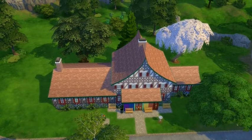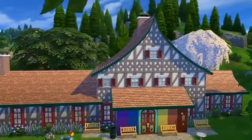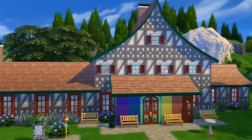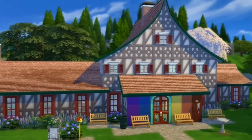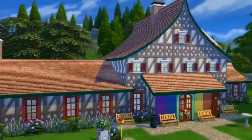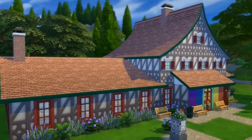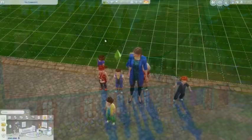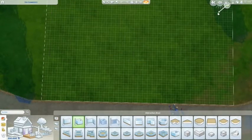Welcome to a Sims 4 speed build video. Today I built a house for the 7 Toddler challenge. This house is perfectly suited to play the 7 Toddler challenge in it. So it has not much unnecessary design stuff, and it is mostly built for necessary stuff to take care, very